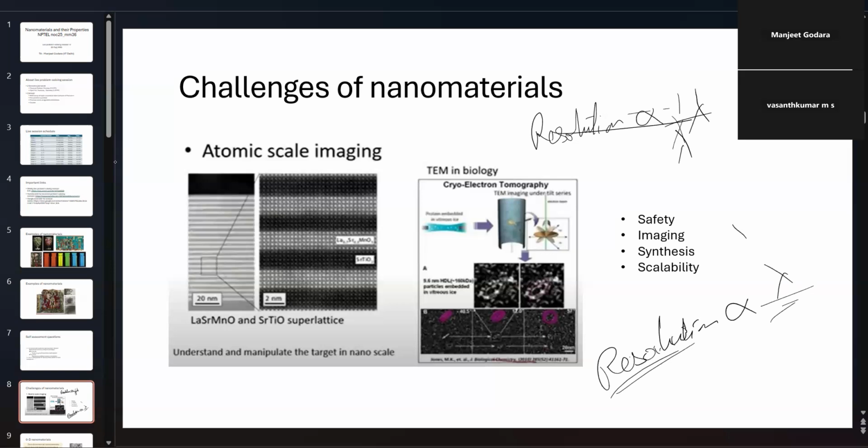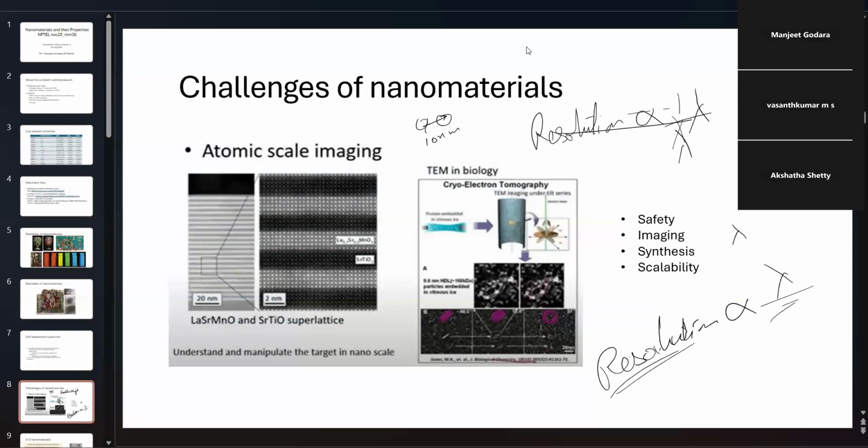Resolution is the smallest distinguishable difference between two distinct points. So if you have two particles sitting maybe 10 nanometers apart, if you see it on an optical microscope, what we will see is just a single particle. You won't see the gap between these two. So to get higher resolution, you actually